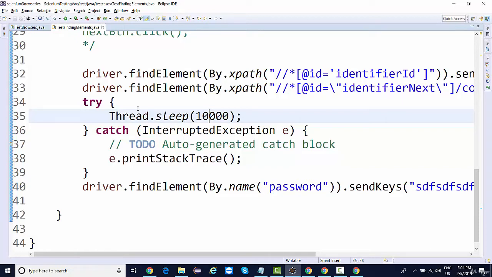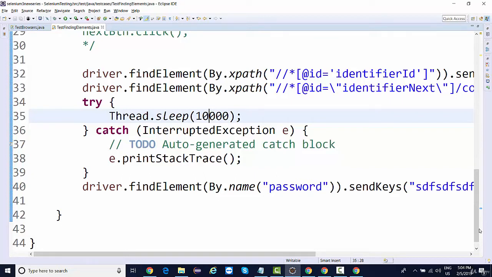Now, you can imagine the script execution time will be increased by 10 seconds into 100 times. And that too, when I'm running it again, maybe all the elements start showing up in just 1 second. Then 9 seconds into 100 times will be wasted.